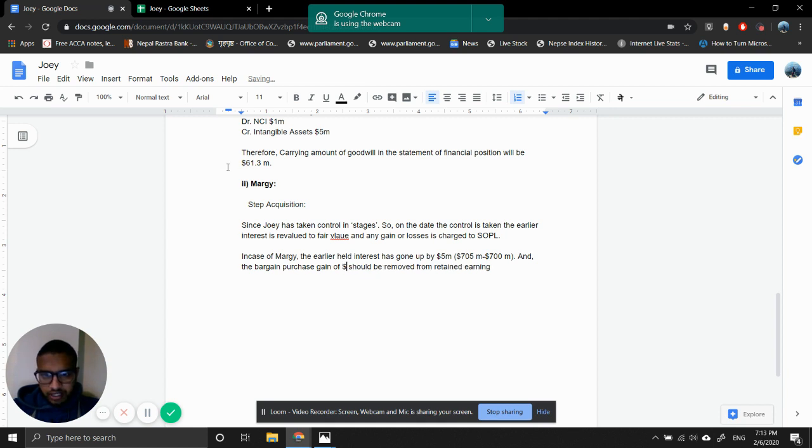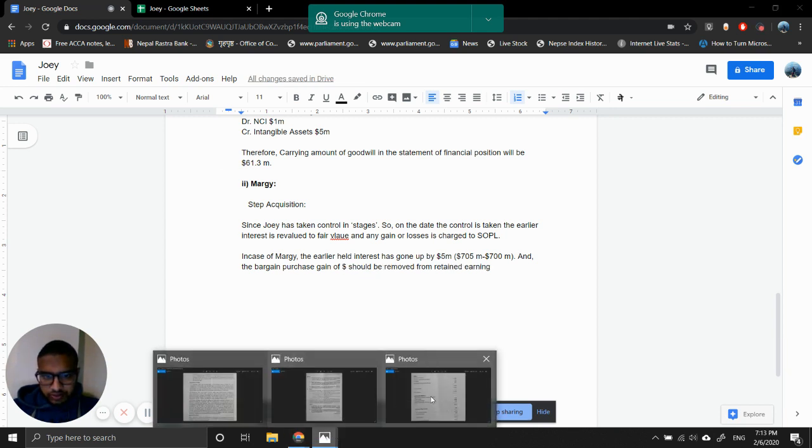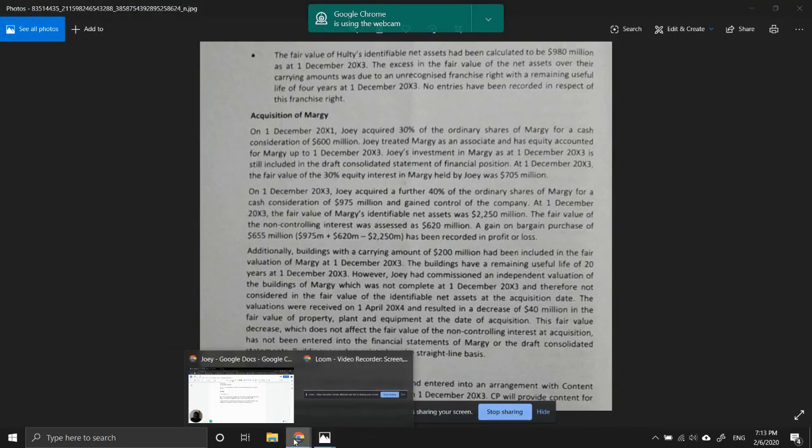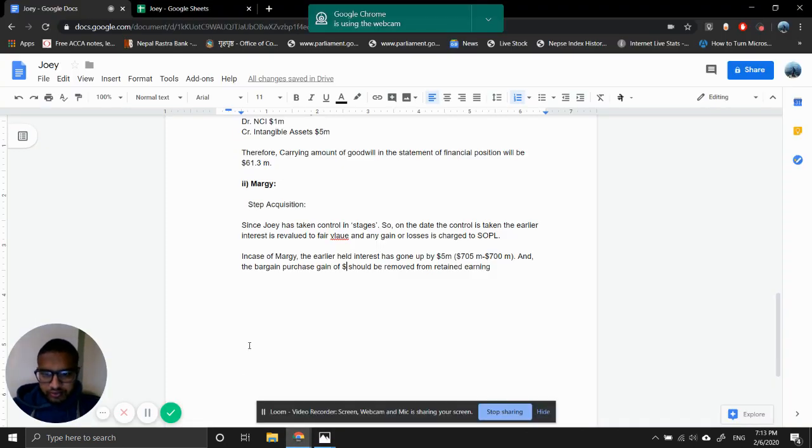Dollars 650 million? 650, I guess. 655, right? So 655 should be removed from retained earning. So what will be the entry basically is that debit retained earning $655 million,